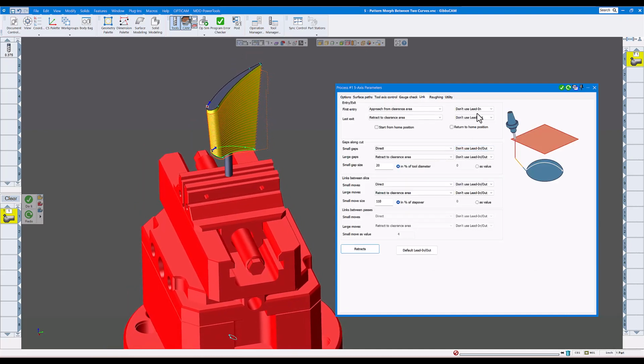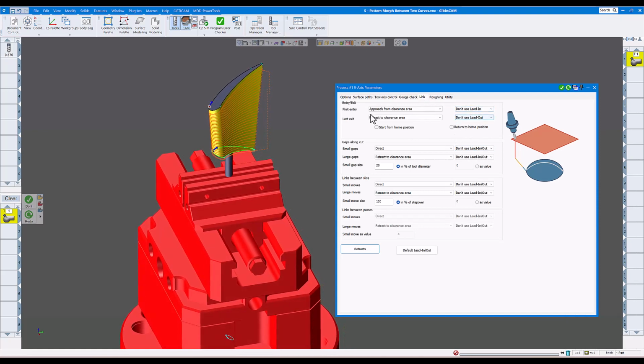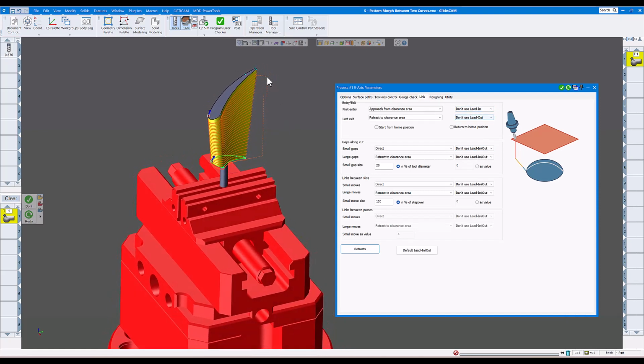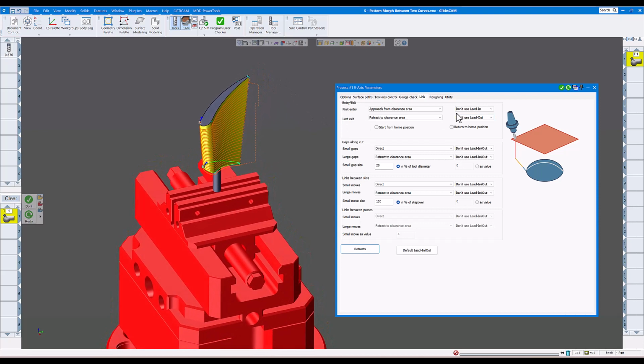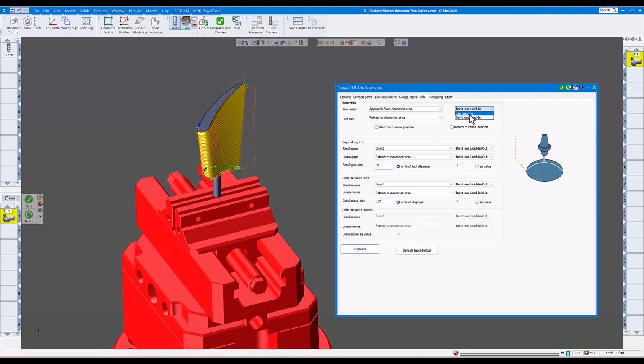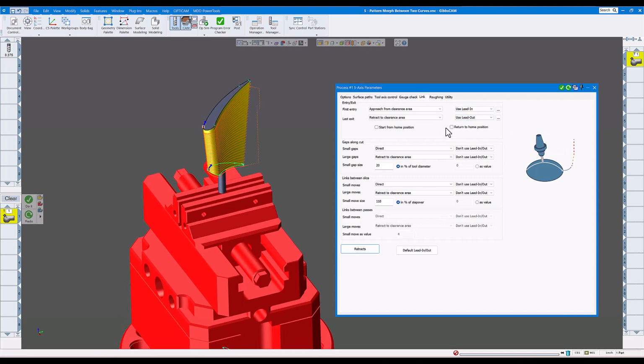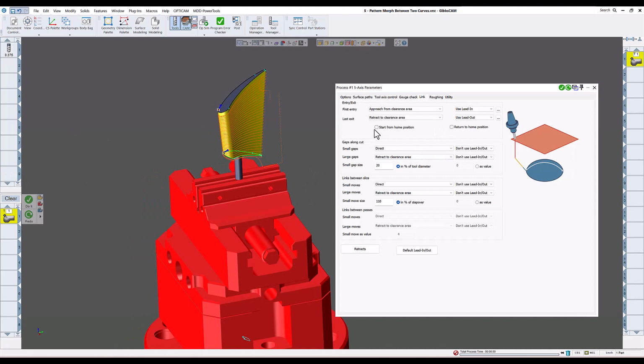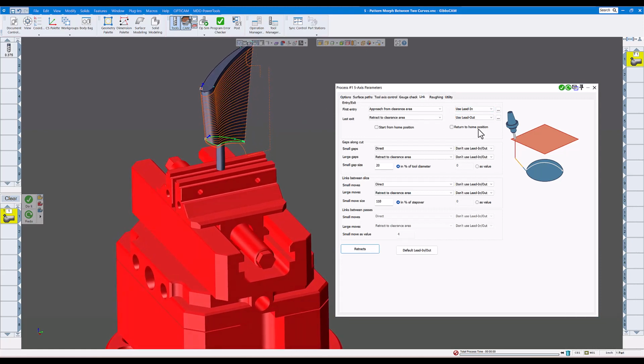Link, I'm not using any, don't use any lead in, lead out. It looks pretty good there. We're just going to go right in. If you want to, you could change that to use lead out, use lead in, lead out, and you can use the default values if you want. So on this one, if I use the lead in, it looks pretty good. We can change that as well. But on the use lead out on here, if I change this to,